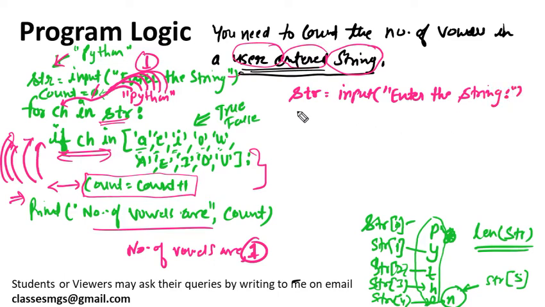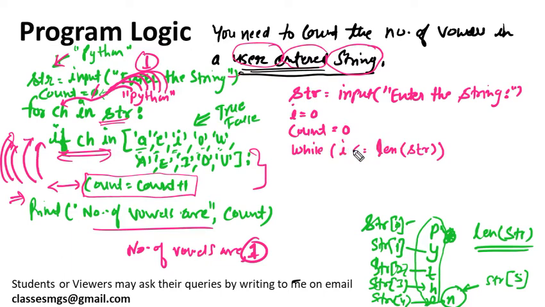Okay, then what you can do, you need to maintain the I variable here. Initially it will be 0. You need to maintain count, because this will count the number of vowels. Now you will apply a while loop while I is less than or equal to the length of the string. In this case you need to count till the length of the string.